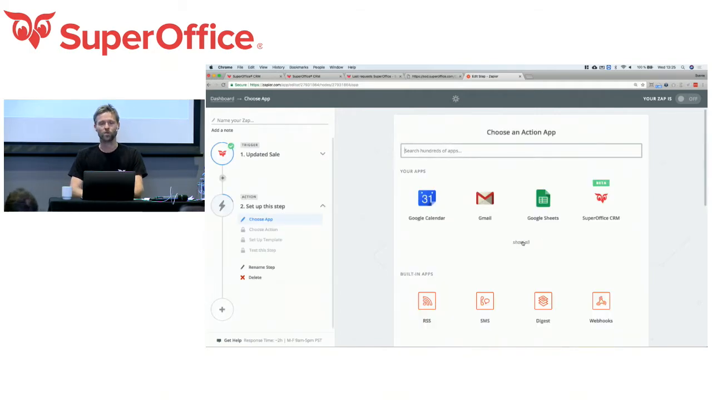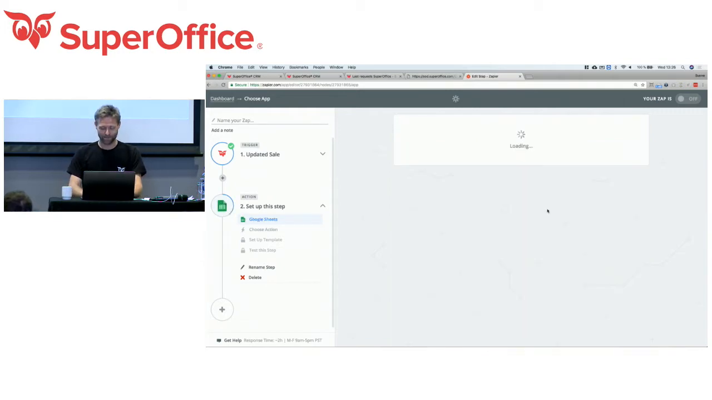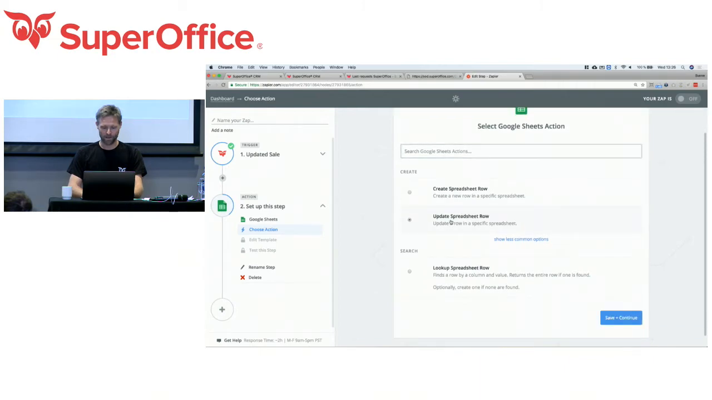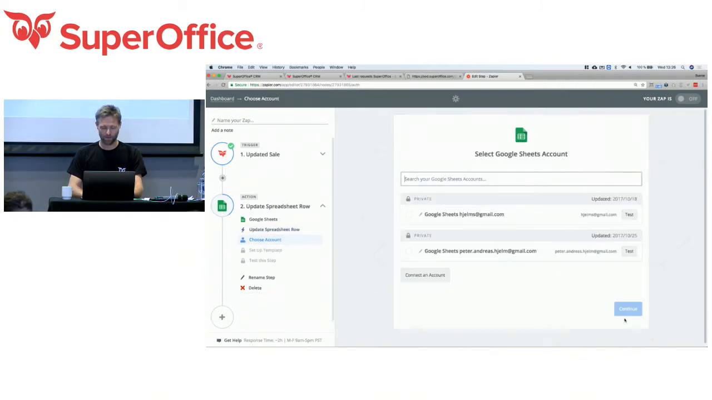Then what do I want to do? So what I want to do here is put these sales into a spreadsheet. Now, of course, I could have gone in SuperOffice and just done an export, but I want a spreadsheet that is continuously updated every time we update sales. So I'm going to use Google Sheets, and I'm going to go with update spreadsheet row. We're going to connect it to my Google account,